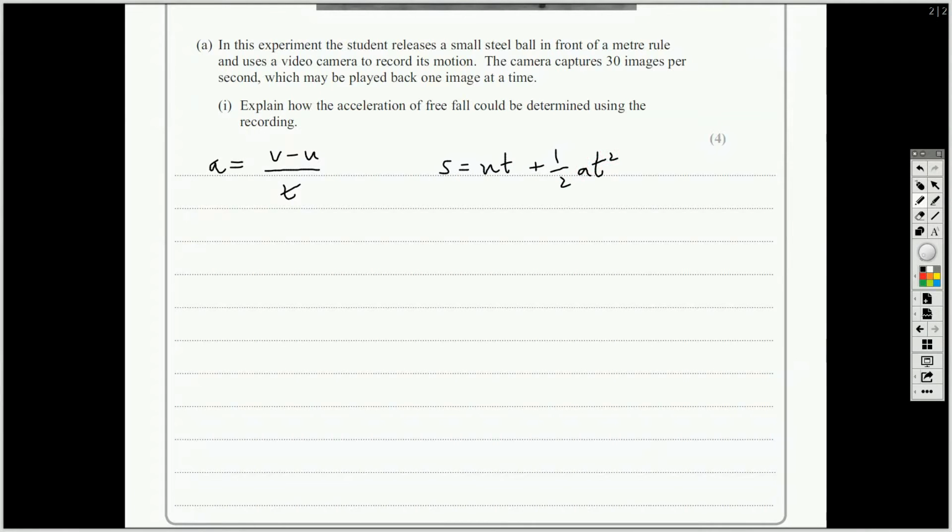So you could actually get all 4 marks by doing it this way, but I'm going to show you this method here. Now clearly u is 0, so we're not even interested in any of that stuff there. And you've just got s is half at squared, and you've already got a mark for stating an equation that can be used. So how are you actually going to do it? Well, you're going to use the camera to frame by frame record the distance and time, and that's your first 2 marks actually. So you've said that the distance is measured,